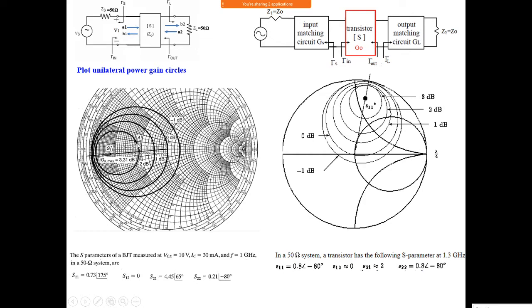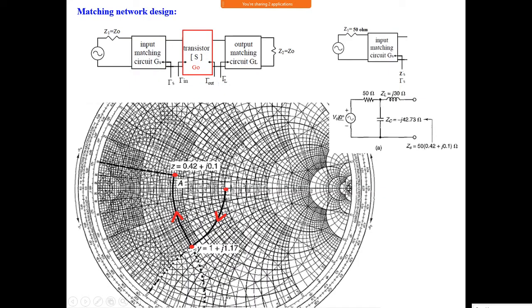So now I want to set this value a. What is this value a? That value is 0.42 plus j 0.1. That means the resistance value is 0.42. See here, this is a Smith chart, and as you know, here it is around 0.4. The center is 1 here, and the reactance circle value we have to read, that is 0.1. So I want to set this value at the input side. Looking in this direction, it should be equal to 0.42 plus j 0.1.